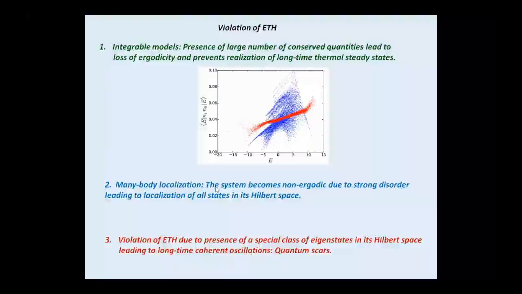Since this is the norm, what is interesting is how this norm can be violated. The first thing is that this doesn't work for integrable models, because ETH, although I haven't really given its details, requires ergodicity of your system. If you have an integrable model, you don't have ergodic behavior because you have constraints, and this constraint essentially prevents the system from exploring the whole phase space, and therefore ETH doesn't work.